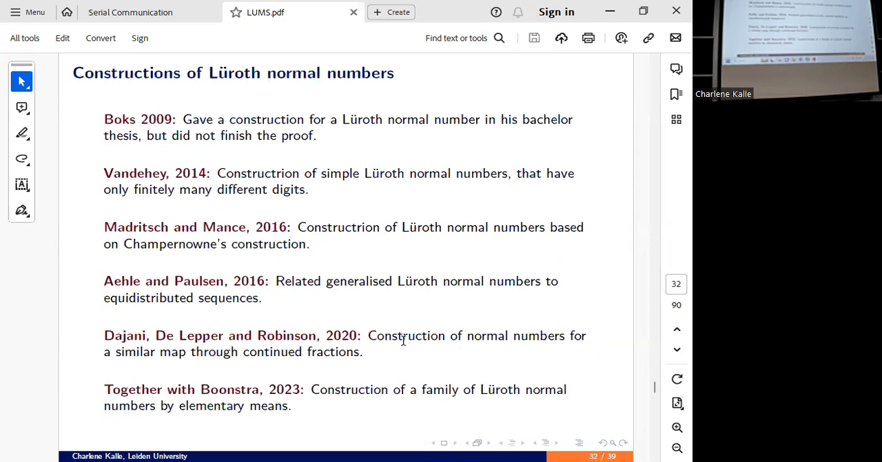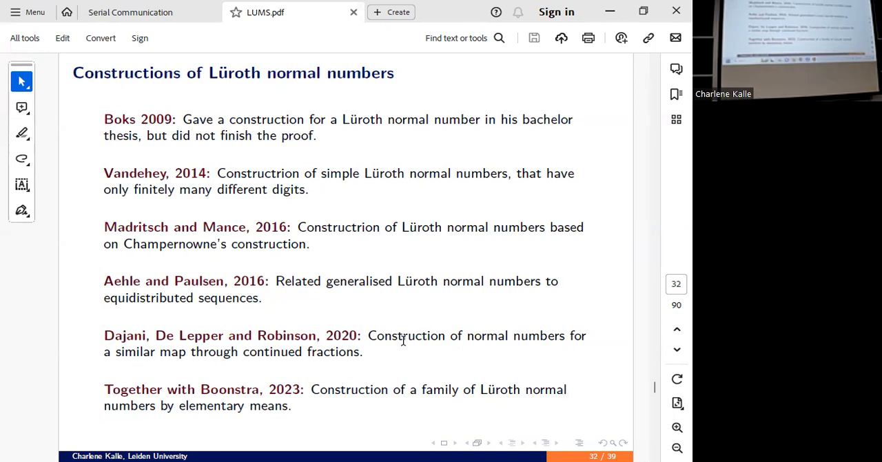So here are some people who tried different things. So Box gave a construction in his bachelor thesis even at TU Delft in the Netherlands, but he couldn't finish the proof within the scope or within the time for his bachelor thesis. Van der Heij only looked at finitely many digits, so he somehow avoided the problem. He only fixed the problem where you have different